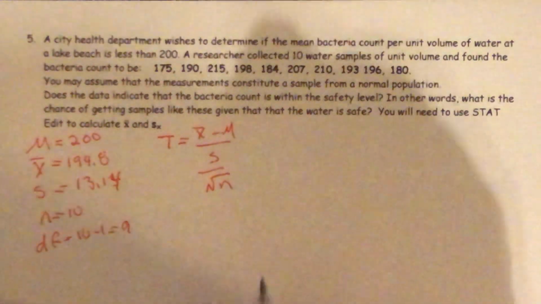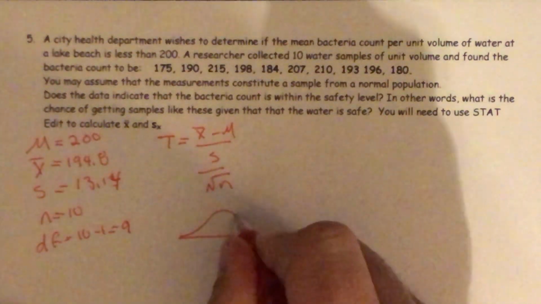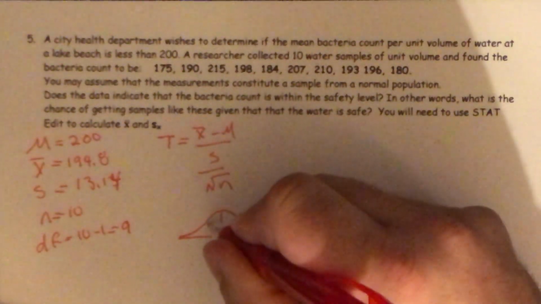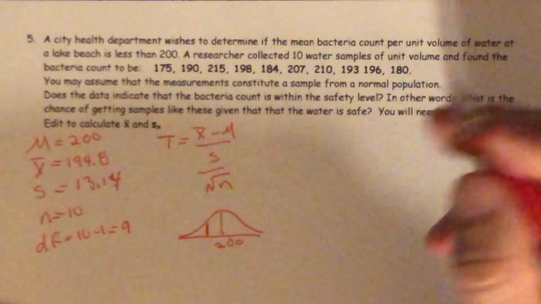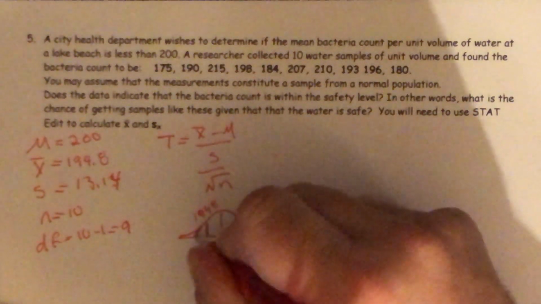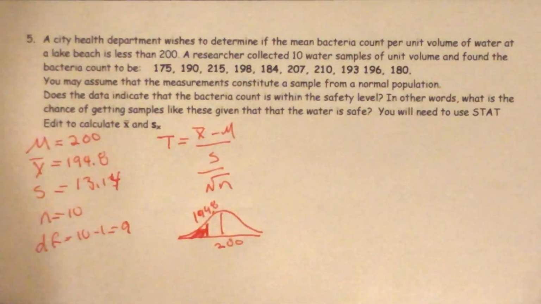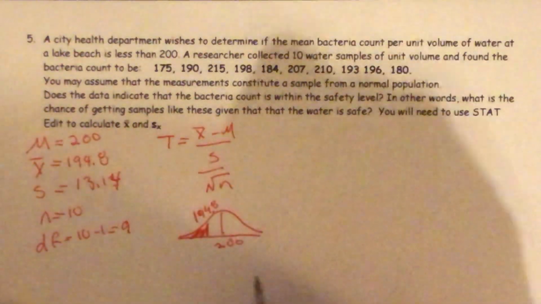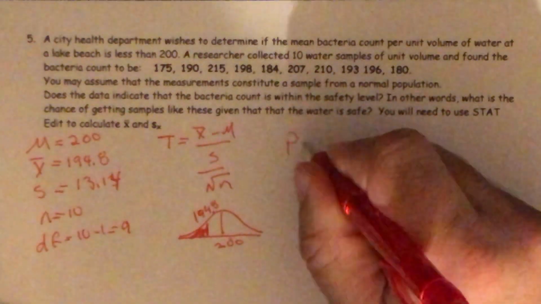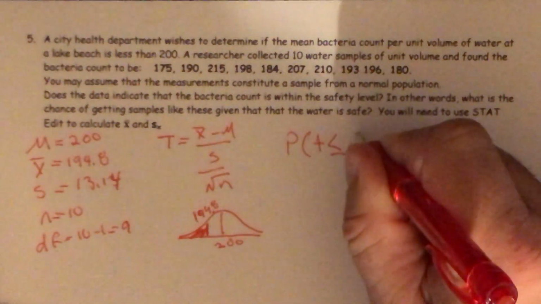Now the question is, which way are we shading? Well, the claim is that it is 200, and we want to make sure that we're extreme or more extreme from that, which in this case would be 194.8 or less, because we are hoping for clean water to be drinking, so we're hoping that it's less than 200. So we have the probability that t is less than or equal to, or you can just use the less than symbol,